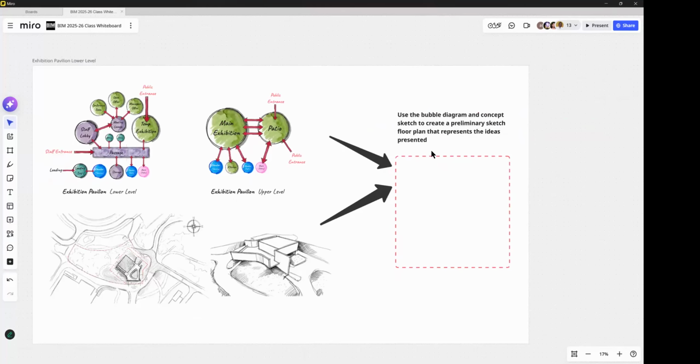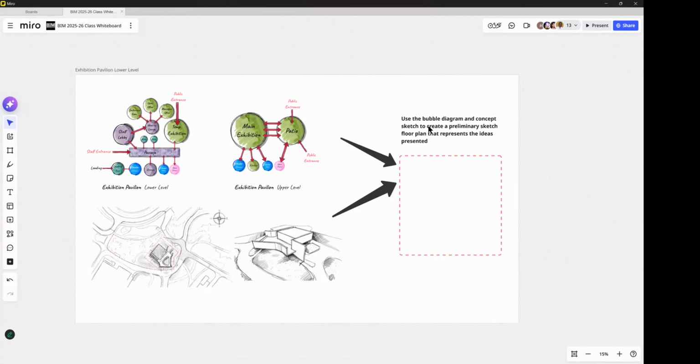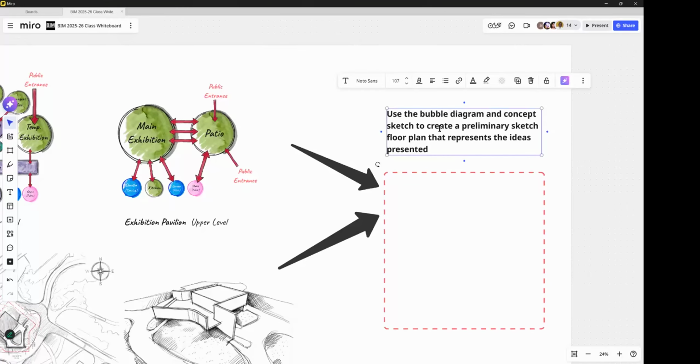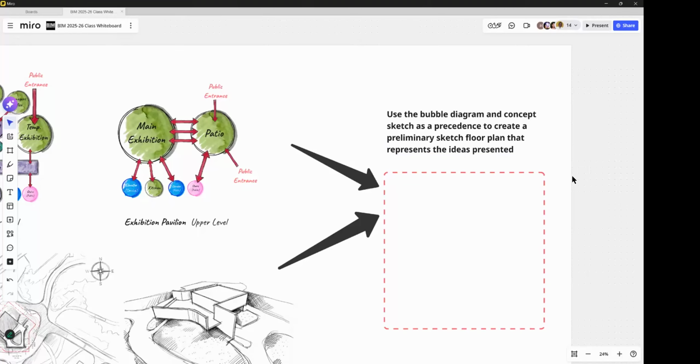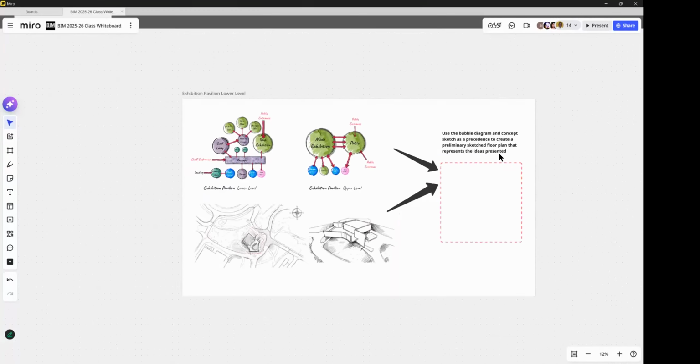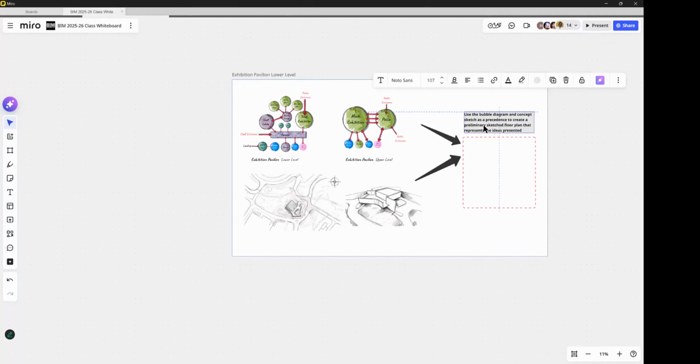So you're going to use the bubble diagram and concept sketch as a precedent to create a preliminary sketched floor plan. I want to use the word sketched floor plan that represents the ideas presented. All right.